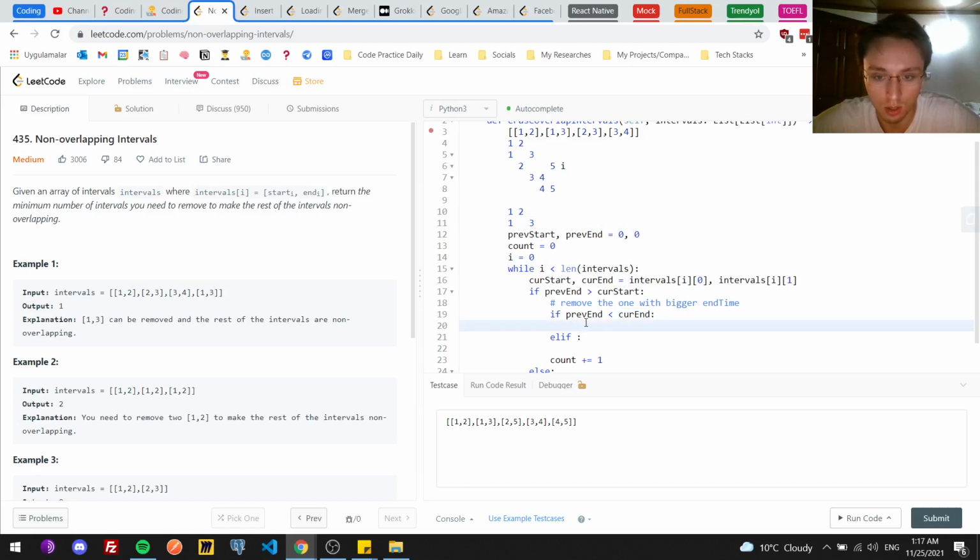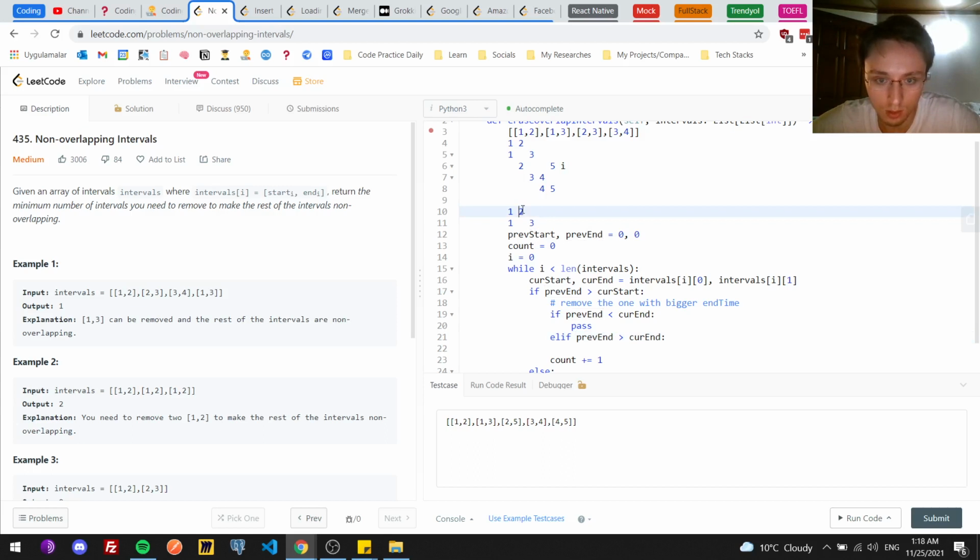I should increase the count, pass, and else if they're equal it doesn't matter. Yeah, if they're equal we again pass, but if it's the other way around, if the previous end